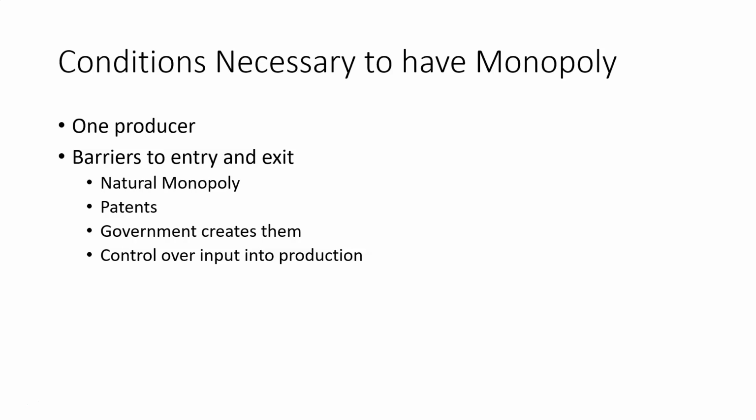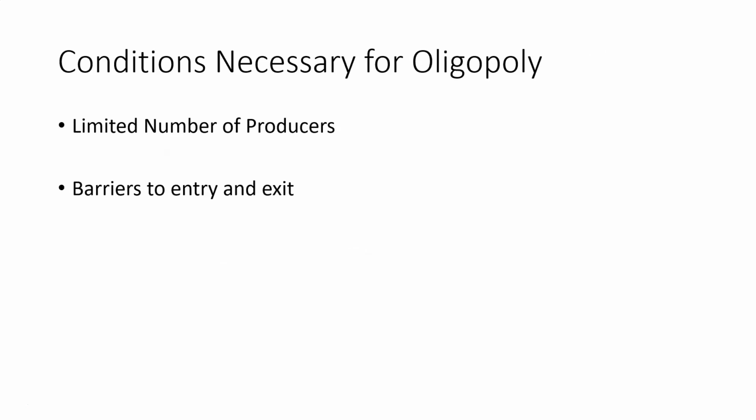Now, if perfect competition is one end of the spectrum and monopoly is the other end, there are several different market structures which fit in between. And I just want to look at two of them. The next market structure is oligopoly. On the spectrum, it tends to fall closer towards monopoly than perfect competition.